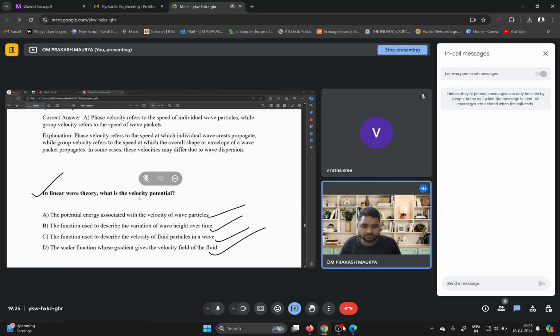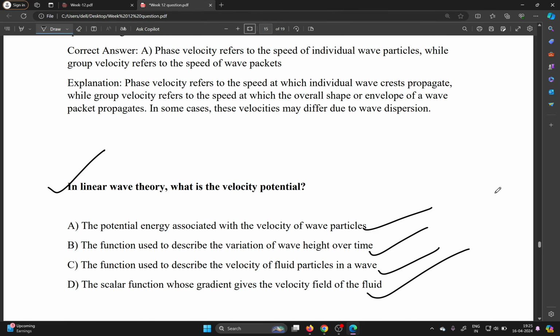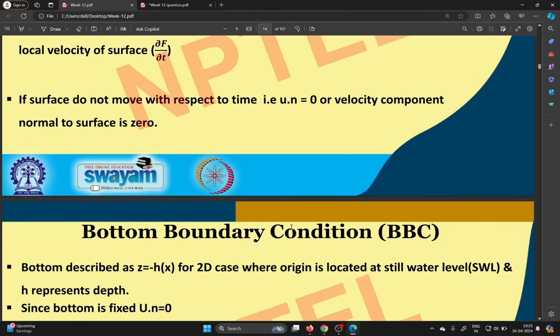So the answer of this question is, if you want to see, in linear wave theory, what is the velocity potential? Phi, whatever sir has discussed about your Laplace equation solution in terms of velocity potential function. If you want to see here, you can see,